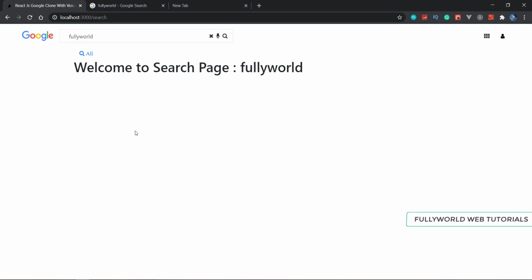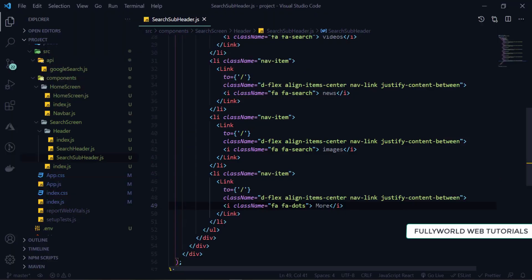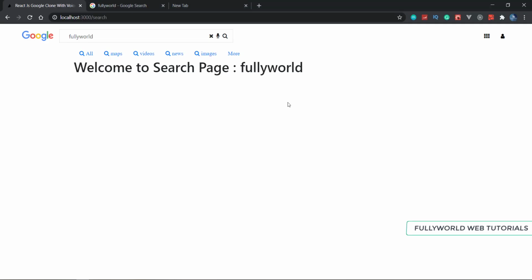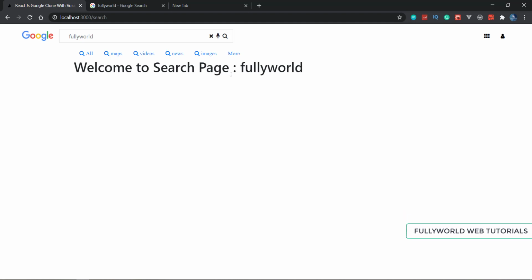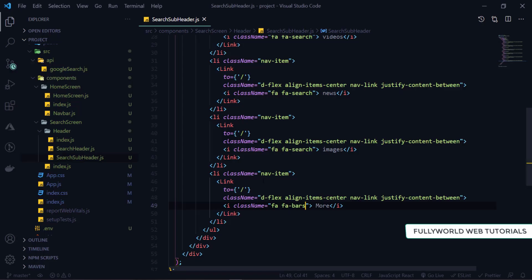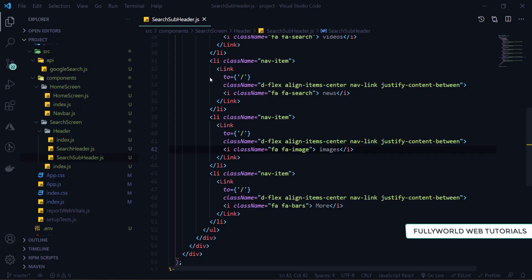Let's see here. So see that these are looking good. For more, dots are not working good. So instead of dots, I actually forgot that, but I have to mention. So that's why I'm going to mention only bars here. So see that these bars I'm going to mention. And then for images, there will be our image. Save it. And now let's see if image is looking. See that image is looking good.